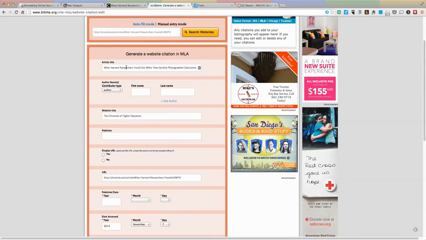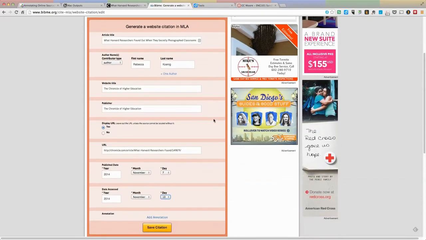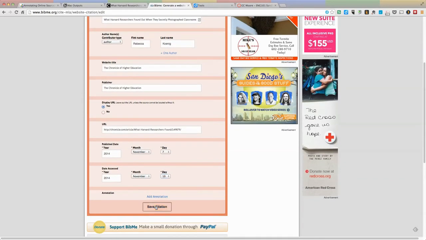So they fill in the answers: the article title, the author, the website, the publisher. Do you want to display the URL? What is the URL? The year that it was published and the year that it was accessed. I'm going to go ahead and put in all of that information. Okay, so I have filled out the information that I need, and I'm going to go ahead and save this